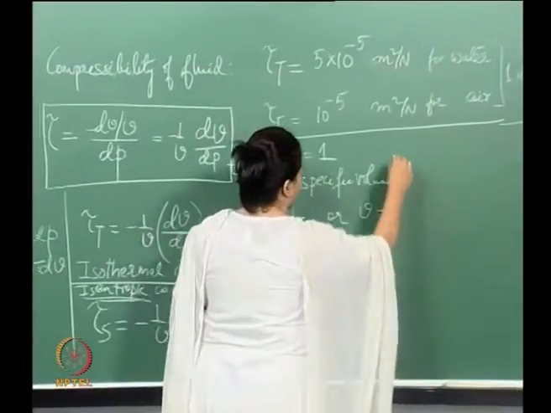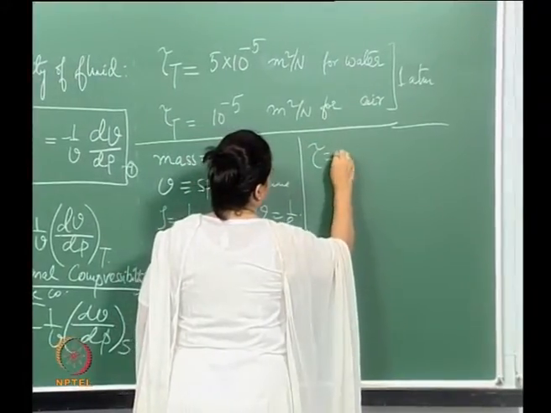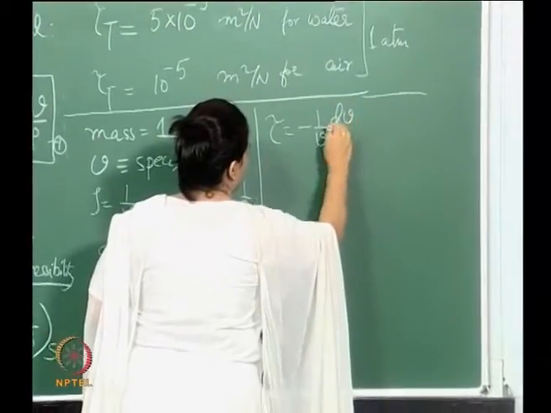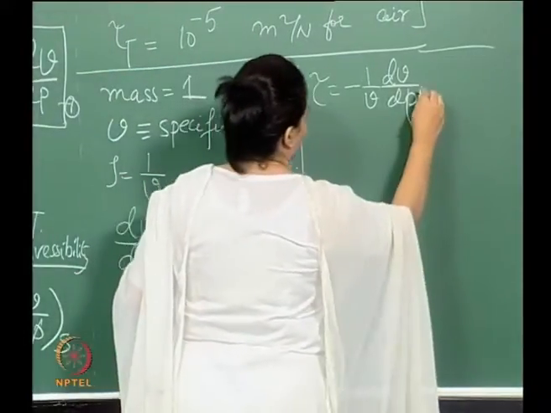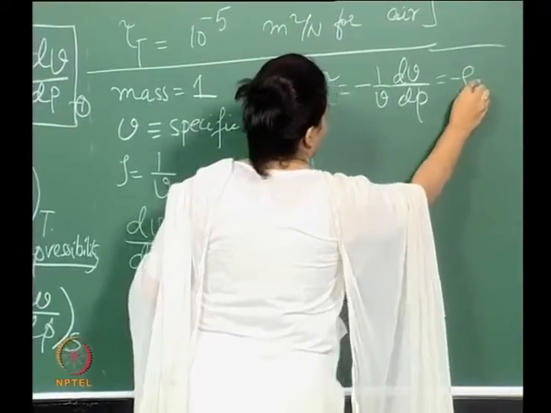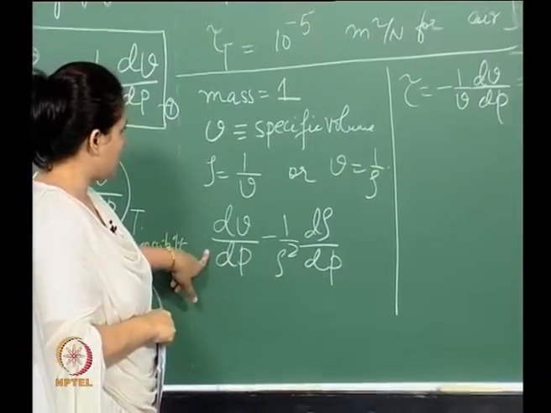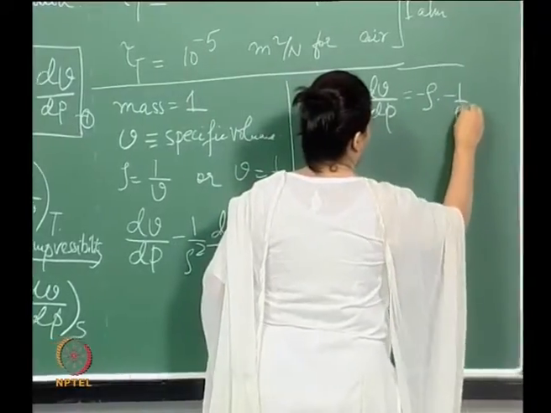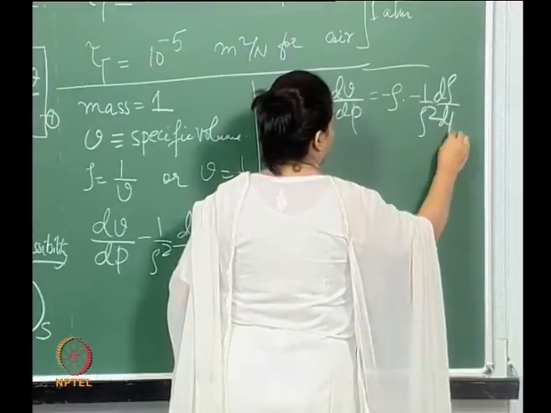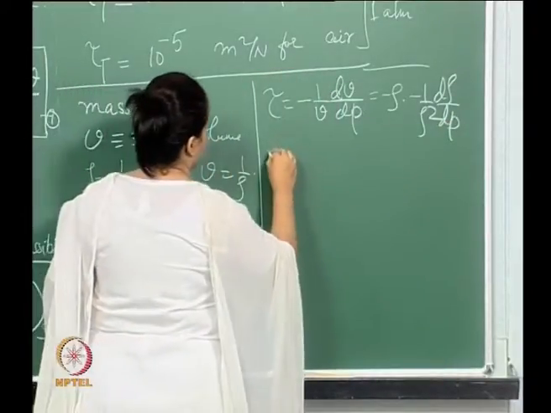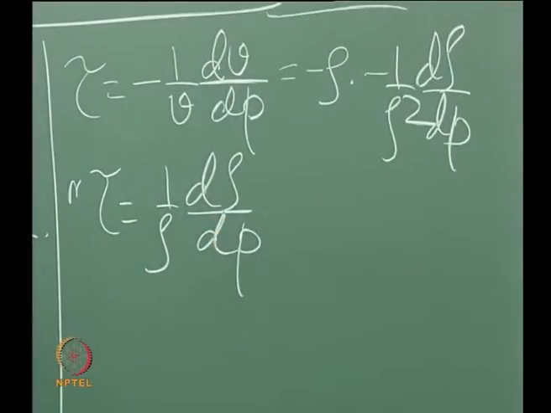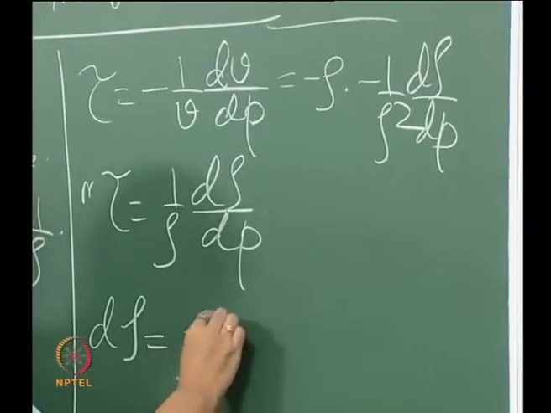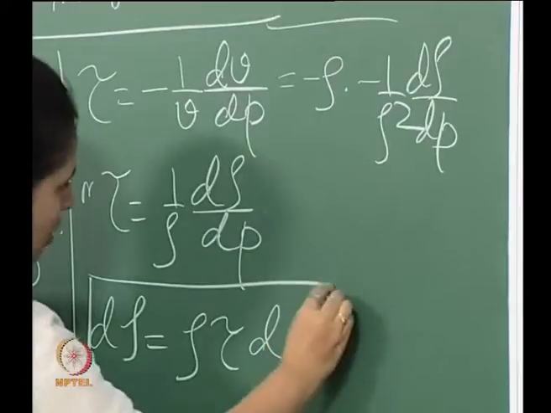So, now if I write the compressibility, how does that look? Now, the compressibility is nothing but 1 by V dV by dP, and we got 1 by V as rho into dV by dP, which is over here. So, we input that in there, which is minus 1 by rho square d rho dP, right. So, what we get over here, so this is what we get, right. So, what I will write is this: d rho is equal to rho tau dP, right. We will write that,